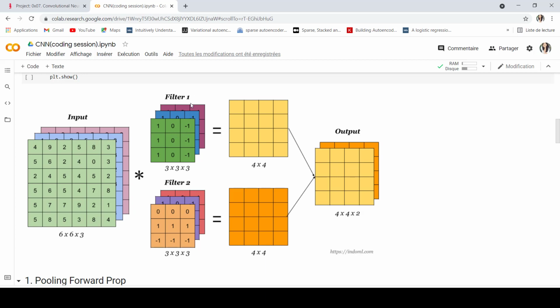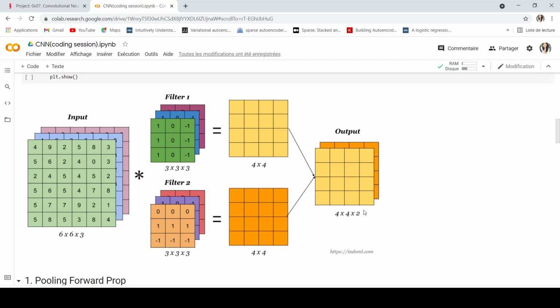Okay, and then I have this convolution. The convolution of my input image with the first feature will have as output this 2D matrix. It's going to be 4 by 4, so this 4 is my OH and this 4 is my OW. And then the second convolution will have the same output size or dimension. Then we are going to concatenate these two, and we will have the depth equal to 2, which is the number of features. So if you have two features, the output nC will be 2.